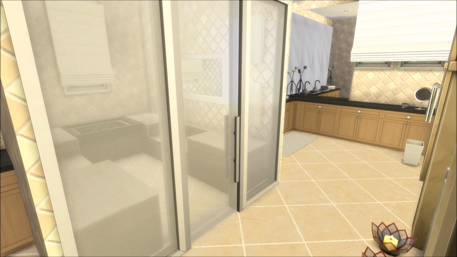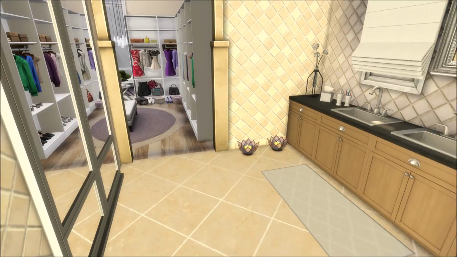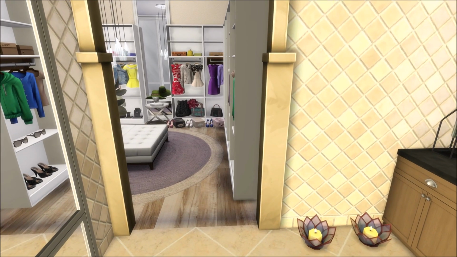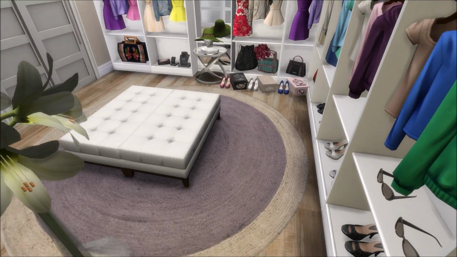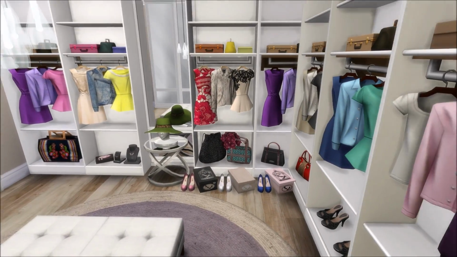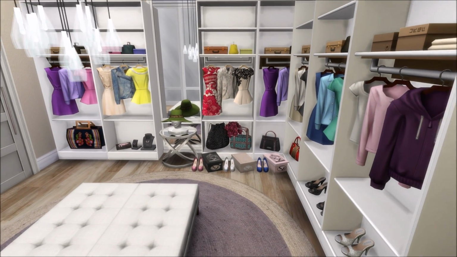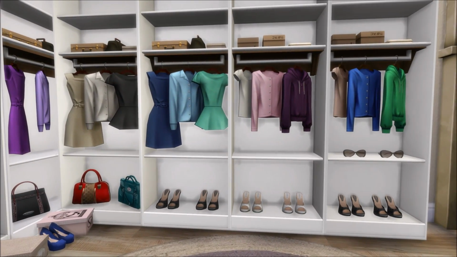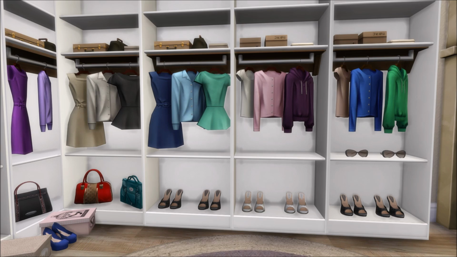But that's not it. No, of course not. This room is of course connected to the walk-in closet, and I love vanities, but I also love walk-in closets. I mean, this is just awesome if you would have a walk-in adjoined to your massive ensuite bathroom. This is just a dream area for me. So anyways, this is the walk-in closet. I kept it simple, nothing really fancy, just some clothing racks, shoes,